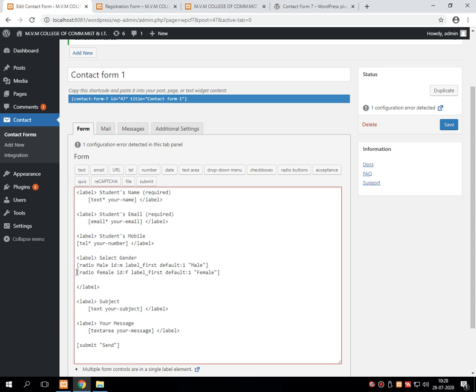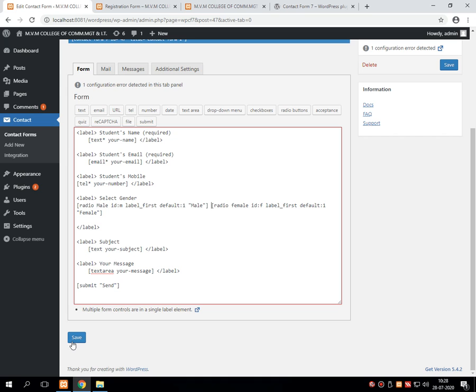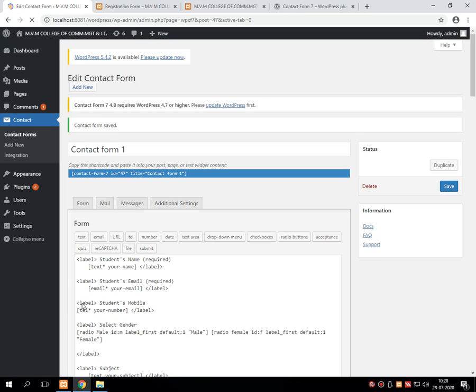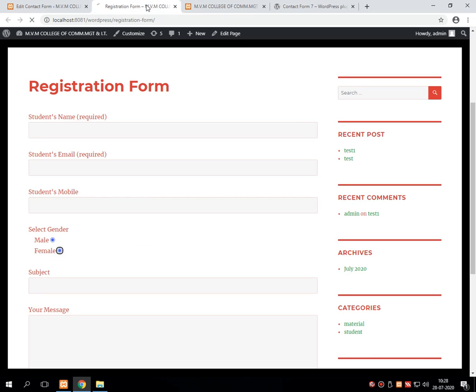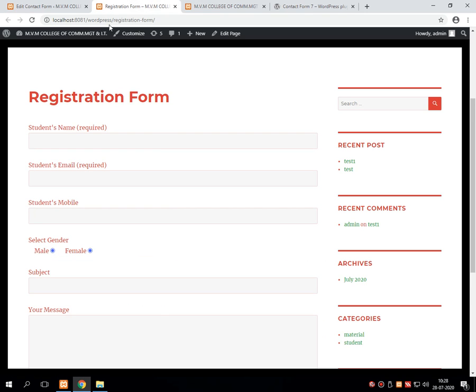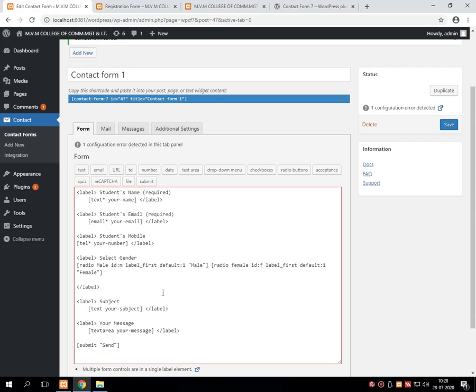So what we are doing, here we are removing the default from female.